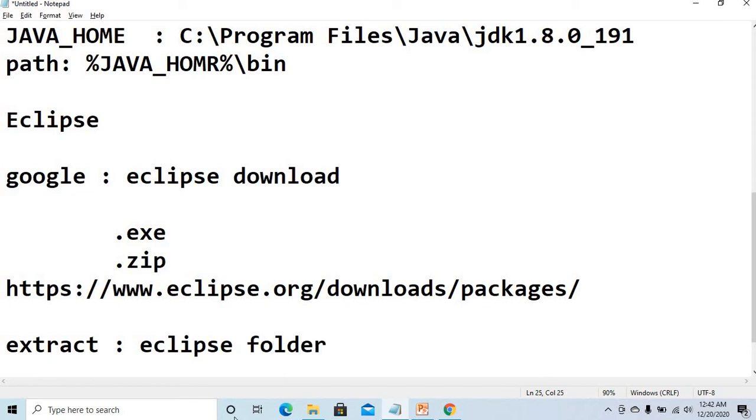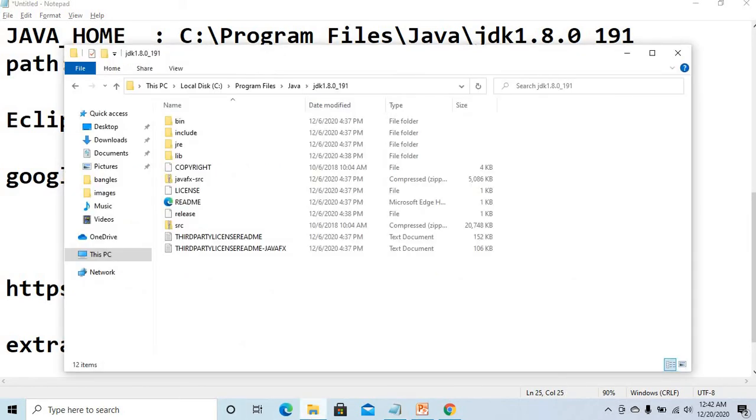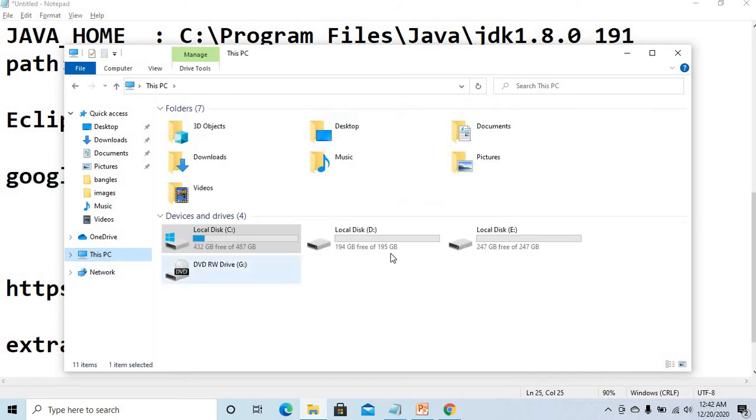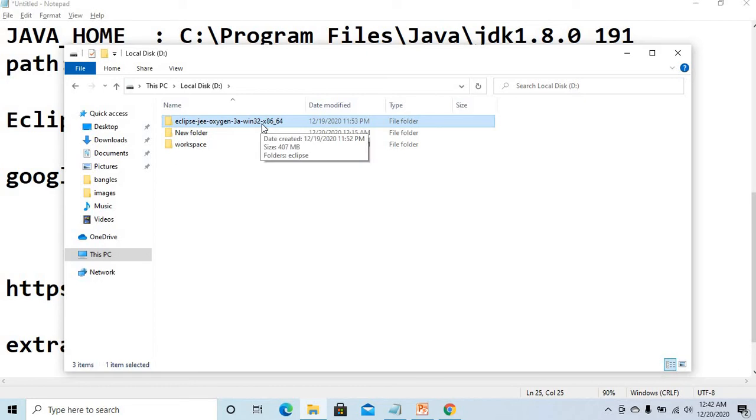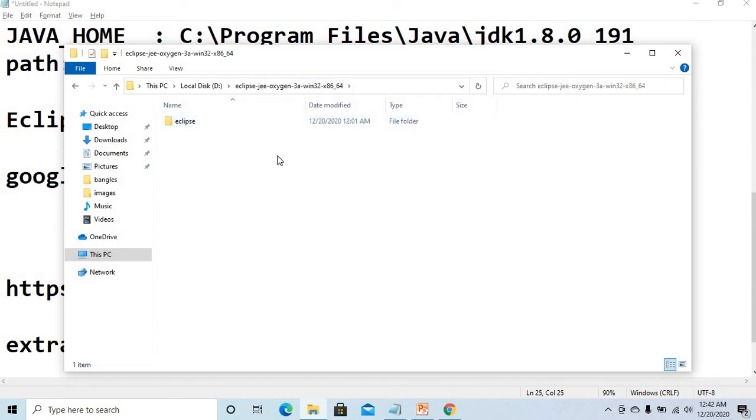Let me come to my zip here and go to my folder. I downloaded this particular version of Eclipse. This is the Eclipse I'm using, a little bit old, Oxygen 3. After I extracted the zip, inside it you can find the Eclipse folder.